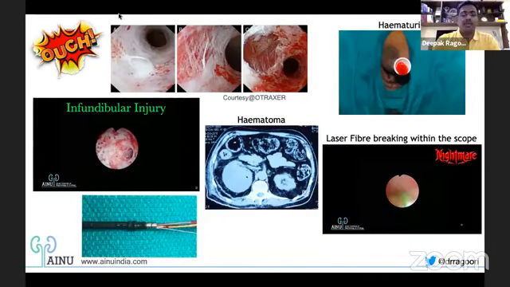I'll not go deep into the complications because that's not part of my talk. But you have to respect the anatomical limitations in doing flexible ureteroscopy or choosing your cases, or you'll end up seeing ureteric injuries like this, or hematurias, or maybe even a perinephric hematoma, which is a dreadful thing for you. The infundibular injury, which is a tiny clip I'm showing, is the one where the infundibular width is narrow, yet you force your scope inside it.